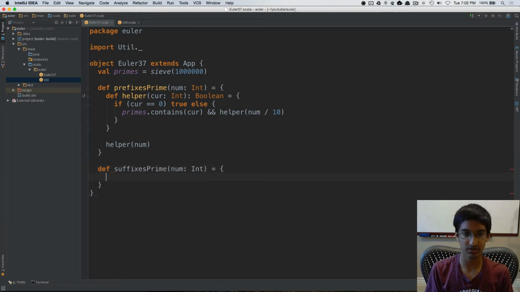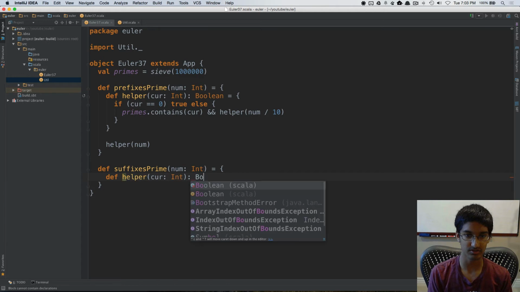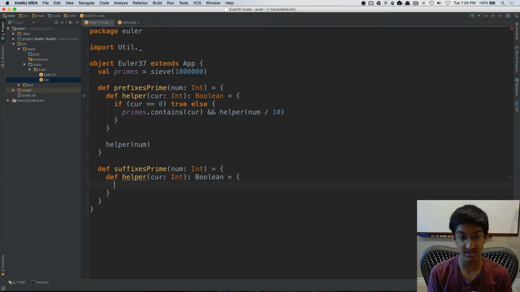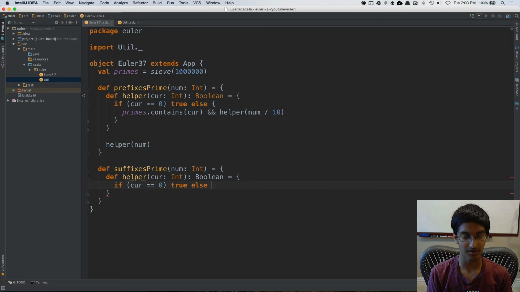Here again, we're going to have a tail recursive method, so I'm just going to copy that part. Helper takes cur of type int. It's going to give us a boolean. Again, we're going to have the same termination case. If the current number is 0, then it's true. Otherwise,